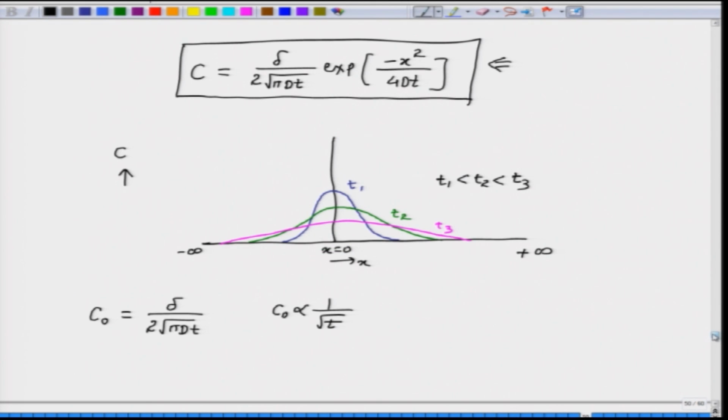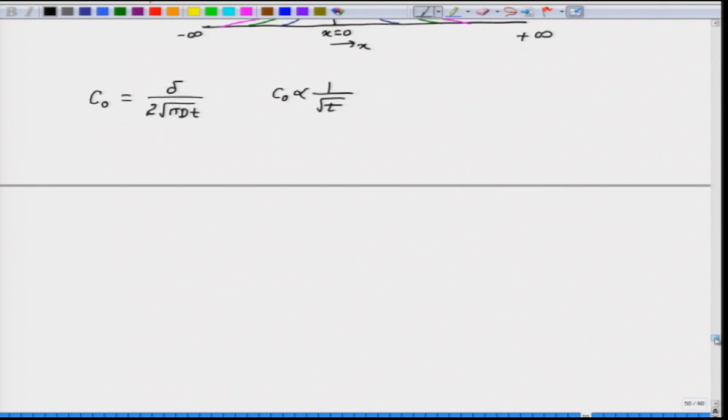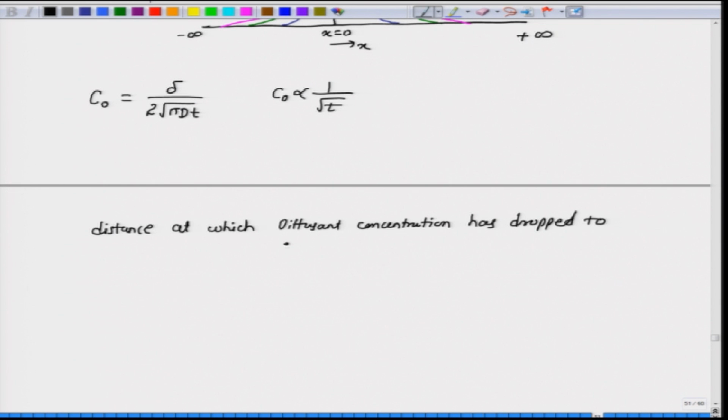Also, if we try to find the distance at which diffusion concentration has dropped to 1 by E times the peak value,